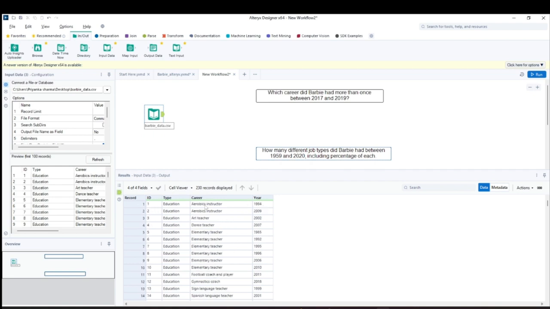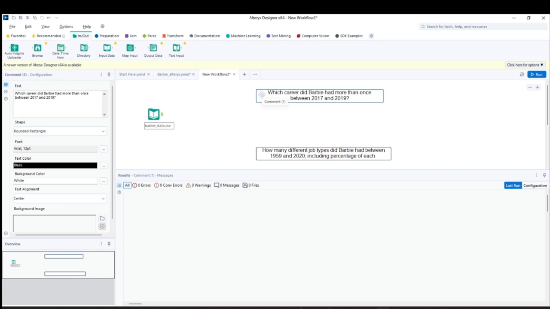Okay, so this entire record is of Barbie's job of 1984. Right. Similarly, you can also understand that in the military she was in army medicine in 1993. So all in all, I don't know till how many years data I have, and what all are the careers total. Okay, so now we have to go and analyze this data.